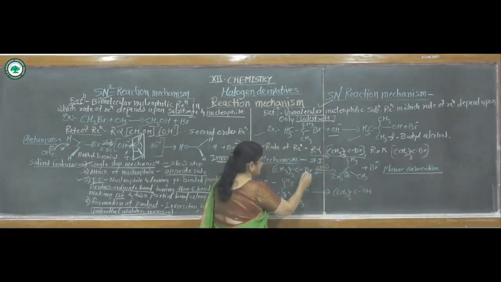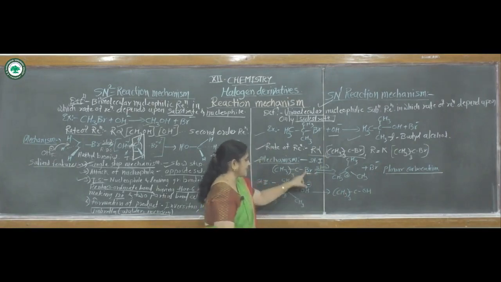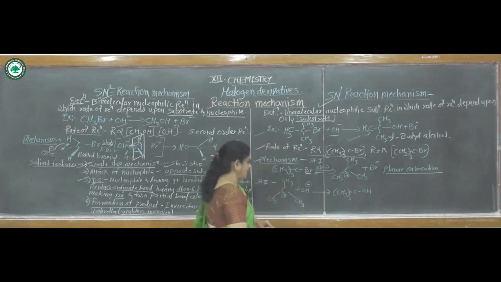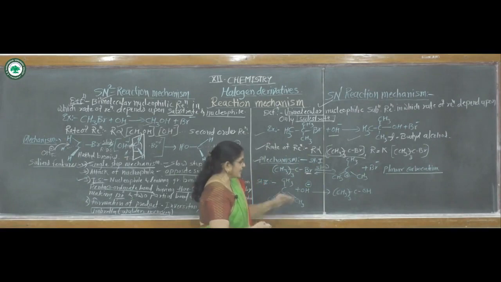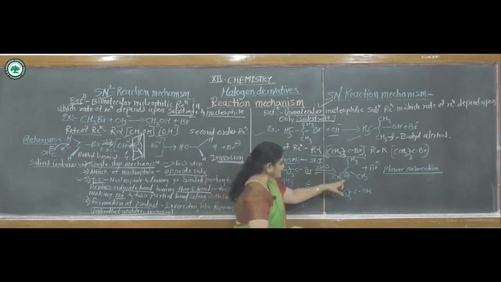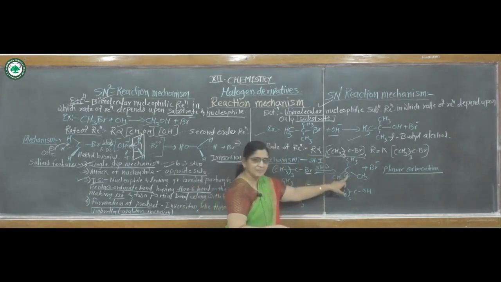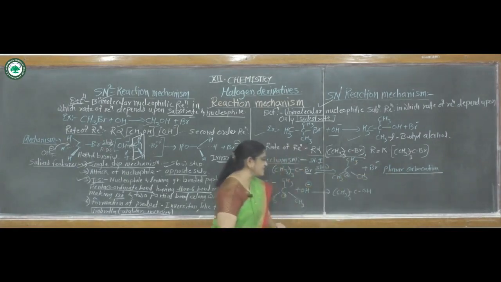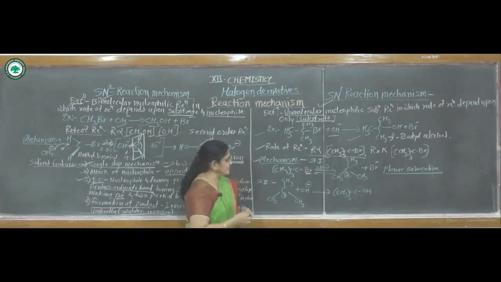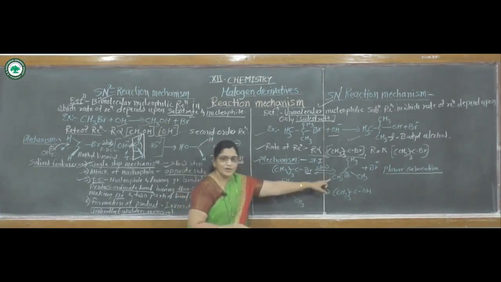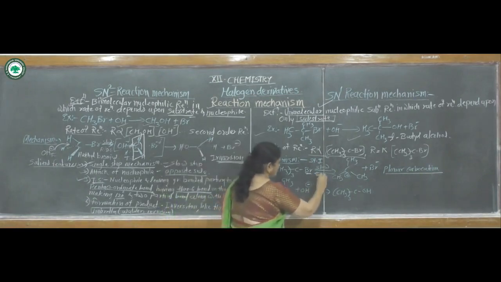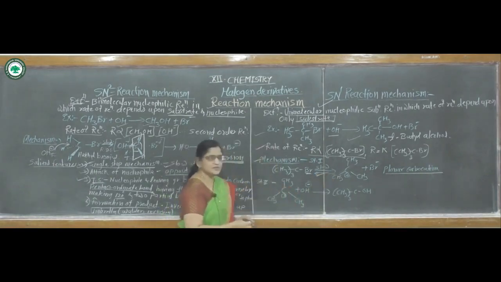In this reaction, the Br leaves this carbon atom and forms Br minus ion. And in the first step it gives a planar carbocation. Planar carbocation means there is a positive charge on this carbon atom, which is called a carbocation, and all these three CH3 groups are in a single plane, hence it is called a planar carbocation, plus Br minus ion. It is a slow step. In the first step, it is a slow step.